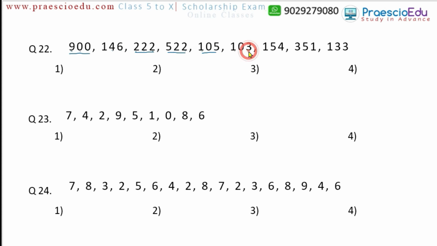Then 1 plus 3 is 4, it cannot be. Then this is a 9 and 1, 10 comes, so it cannot be. So 3 plus 5 is 8 plus 1 is 9, it can be. Then 3 plus 3 is 6 and 1 is 7, it cannot be. Now 1, 2, 3, 4 and 5, see these are the 5 numbers.